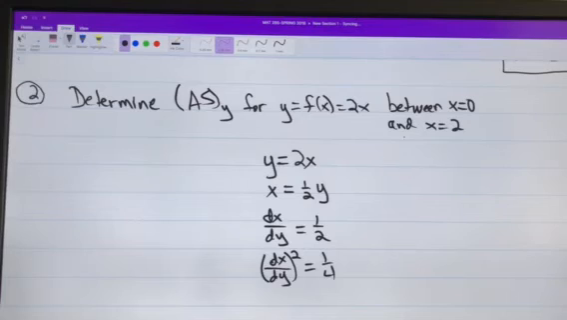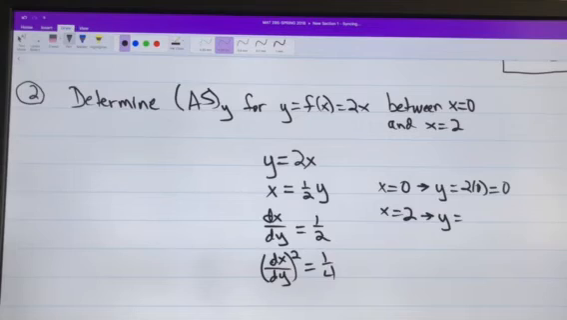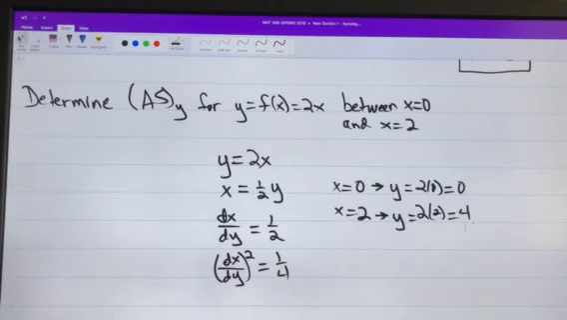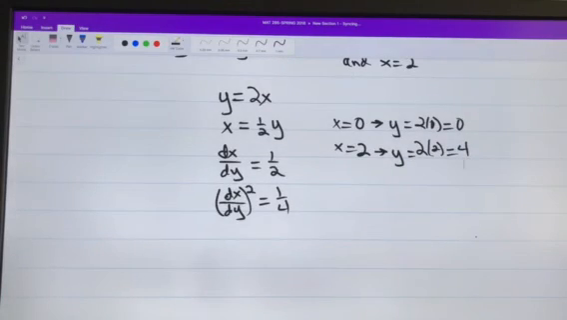At the same token, we have x is equal to 0 and x is equal to 2. Again, y is equal to 2 times 0, which is 0. And for x is equal to 2, again, y is equal to 2x, so y is 4. And so the limits of integration are going from y is equal to 0 to y is equal to 4. And for the area of surface generated about the y-axis,